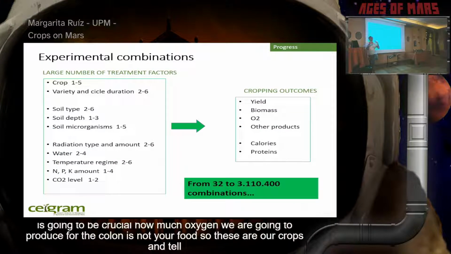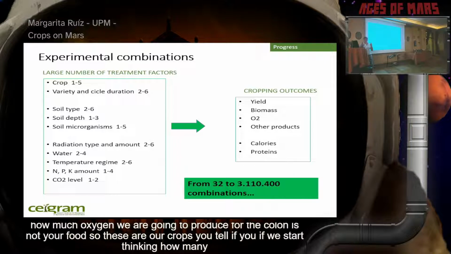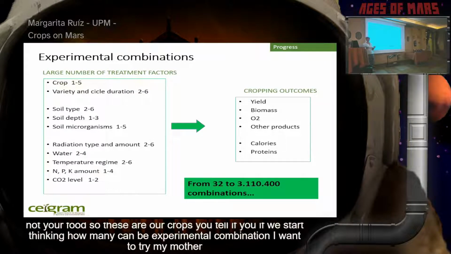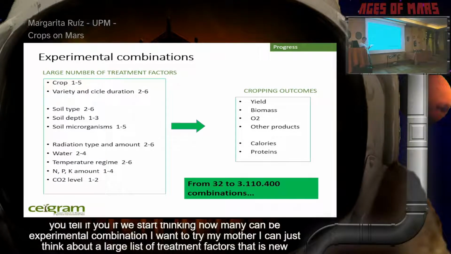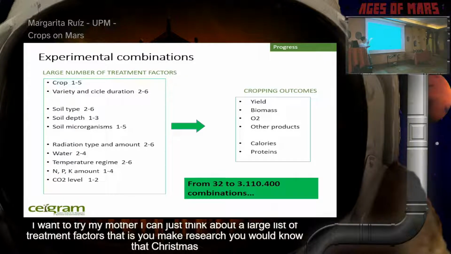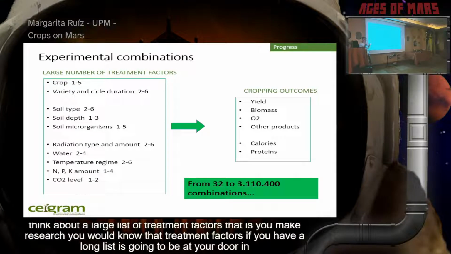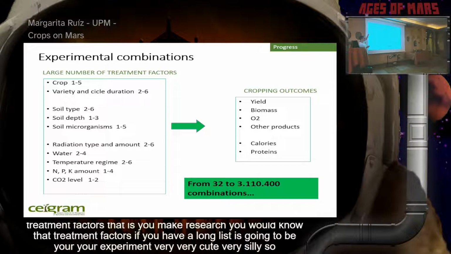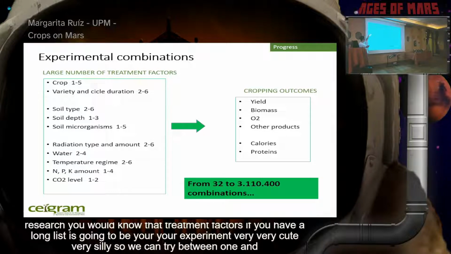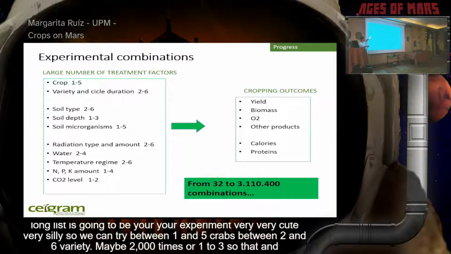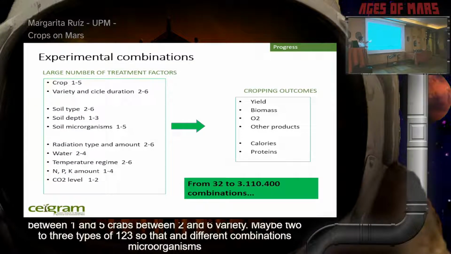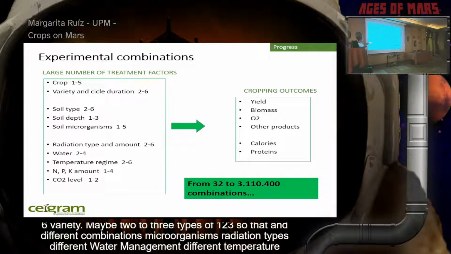So if we start thinking how many experimental combinations I want to try in my model, I can't just think about a large list of treatment factors. If you do research, you know that if you have a long list of treatment factors, your experiment is going to become very, very huge, very easily. So we can try between 1 and 5 crops, between 2 and 6 varieties per crop, maybe 2 soil types, or 1 to 3 soil depths, and different combinations of microorganisms, radiation types, different water management, different temperature regimes, fertilization,